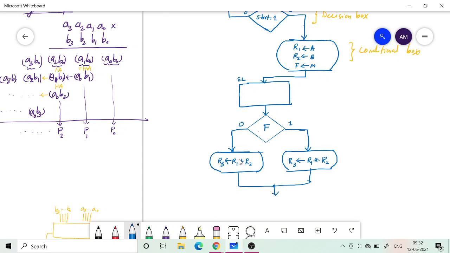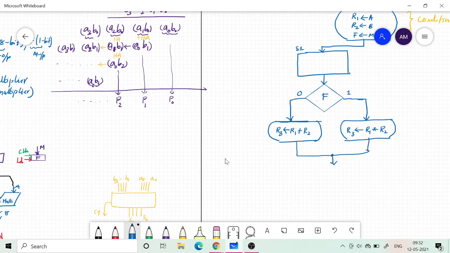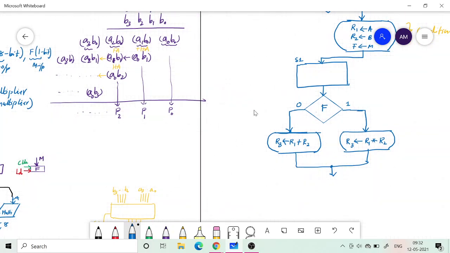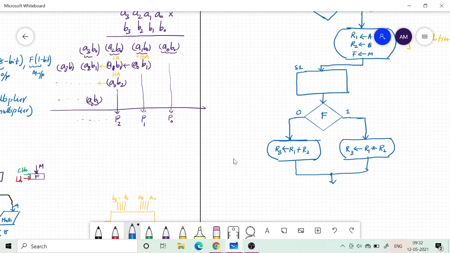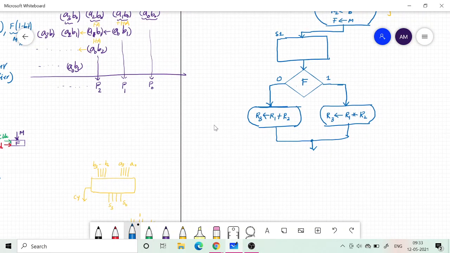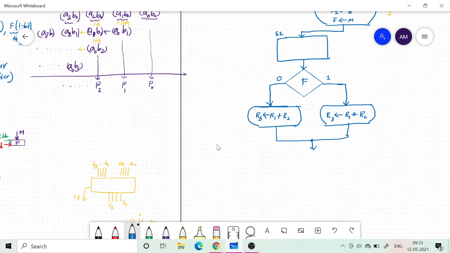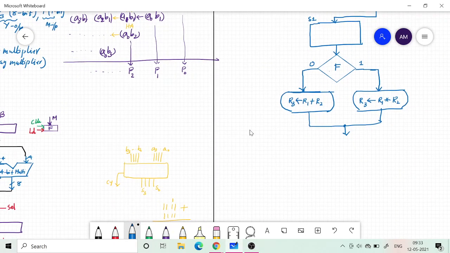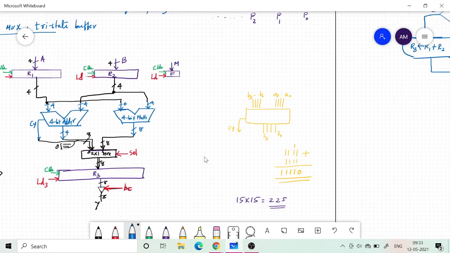So we came back. So now what? I have loaded my register R3 with whatever is my required operation result, that is multiplication or addition. So it is available now at R3, and therefore in order to do the register transfer operation, I need to generate those control signals for LD3 as well as the select signal.